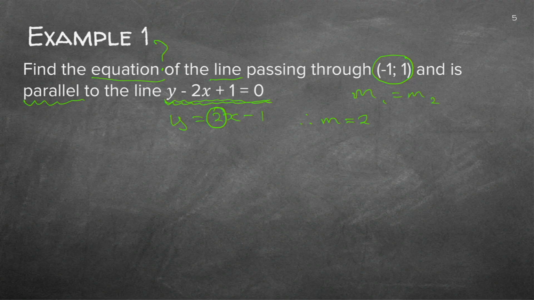So now I write down my formula that I know is the easiest shortcut way. If I've got one point, which I have there, and now I've got the gradient. So I just go straight away. I'm just going to write the point here. It's always good to have the point that you are substituting right next to the line. y minus y1, which is just 1. The m I know is 2. x minus minus 1.